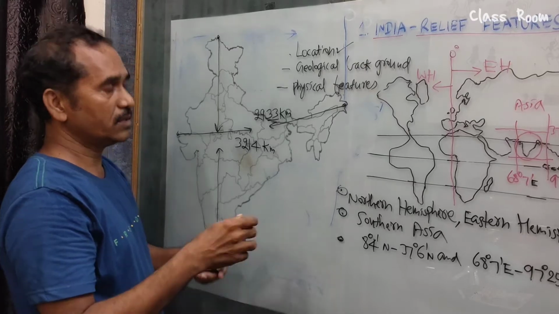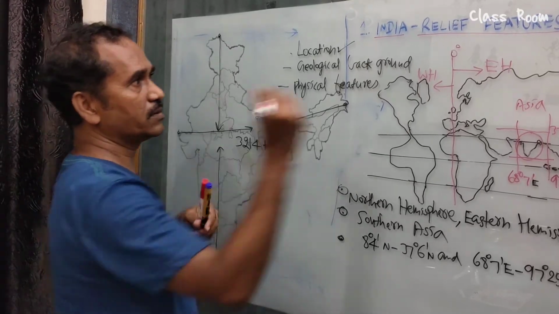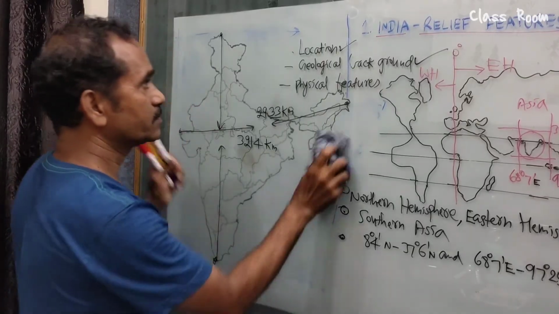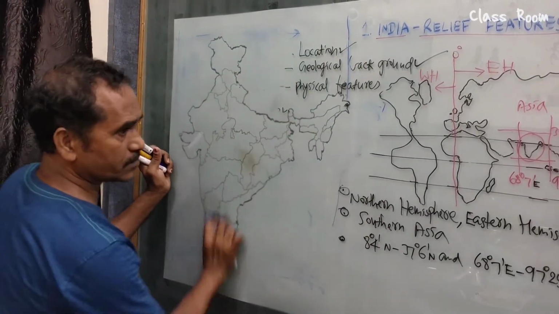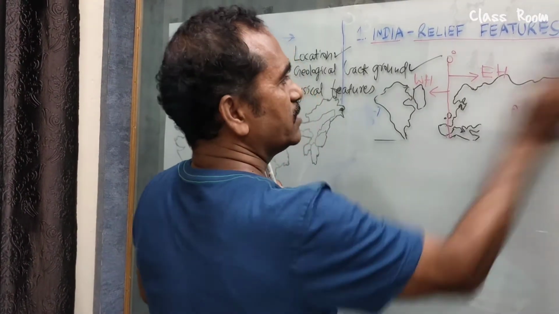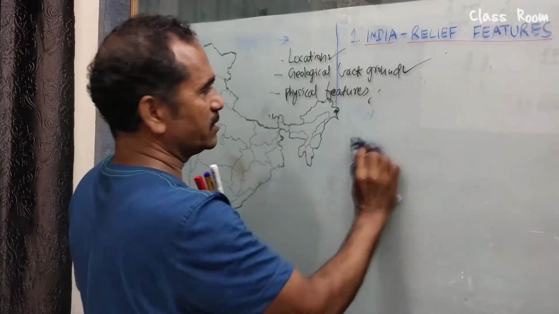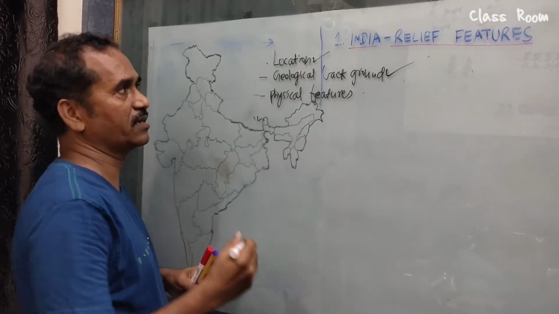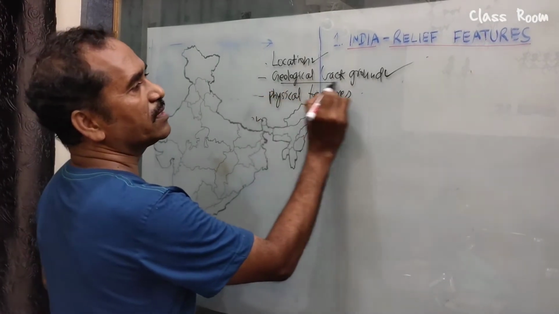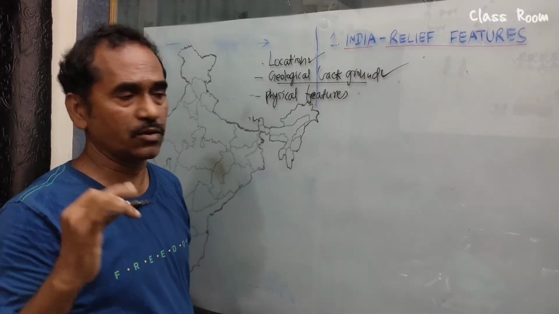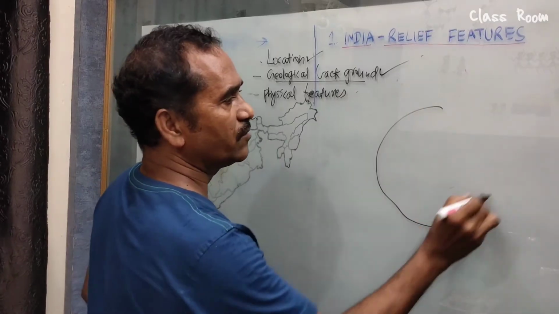Now let's move on to the geological background. So this side, this we discuss. So it is very easy when you concentrate before listening to the class, and definitely we read the lesson thoroughly. Then only we discuss, and we understand easily. Now see, geological background. Many thousands, millions of years ago, there was only one landmass.